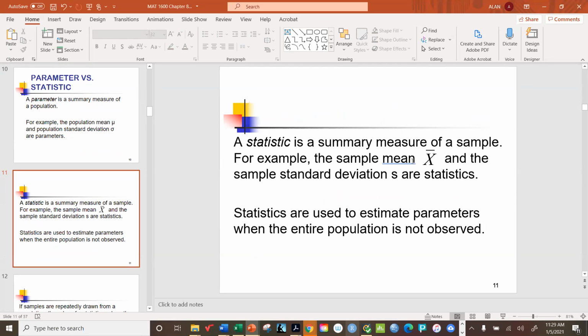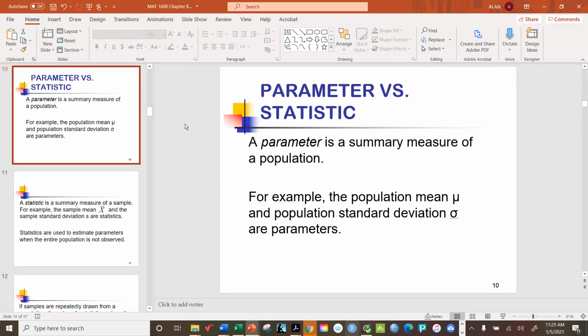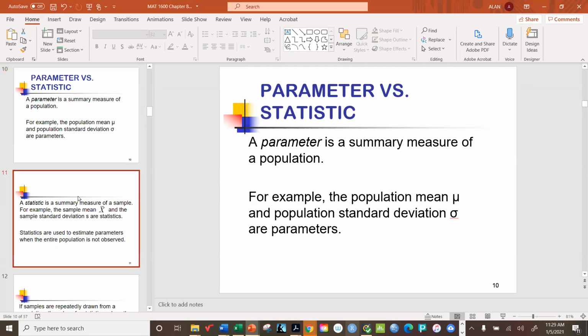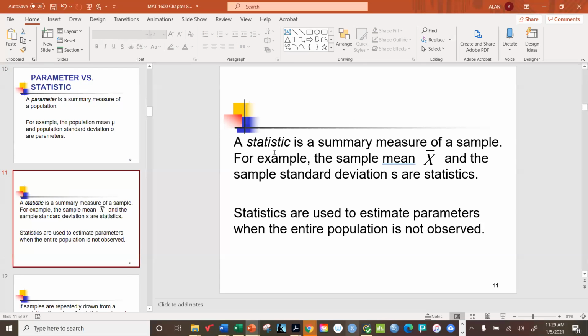So therefore, X bar and S are statistics because these are measures that are taken from a sample. All right, so now, all this time into the course, you actually know what the word statistic means. It took a while, but we finally got around to it. This is what a statistic actually means: a summary measure of a sample, such as X bar and S. Okay, well, now that we got that straight,